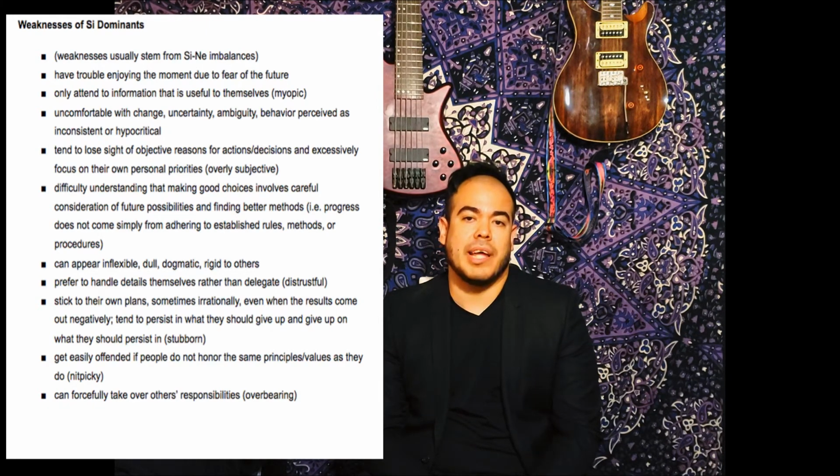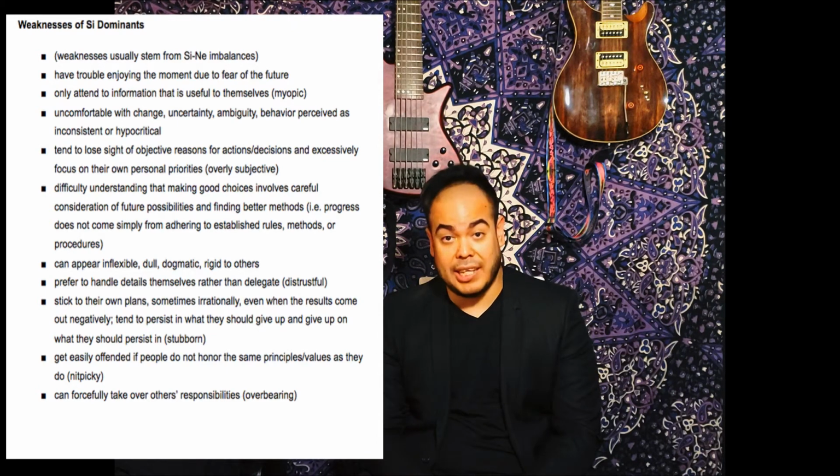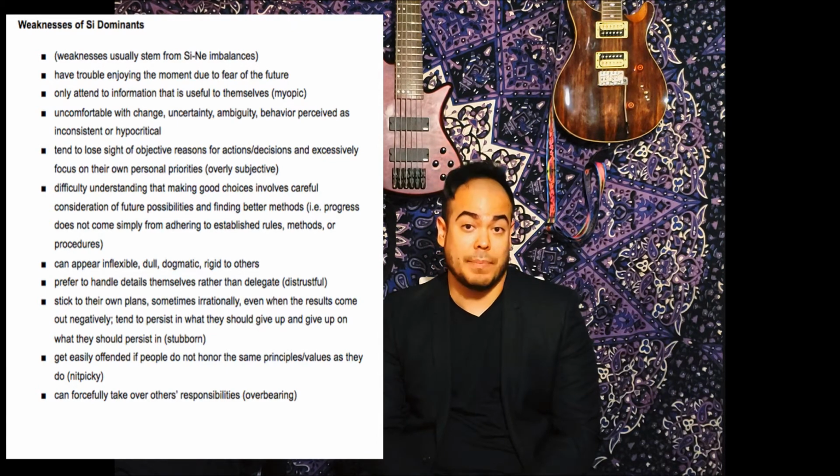Because we're going to want to have that regimen and that discipline, that judging function might be sharpened, and we're going to do stuff in routine and do it well, and we might scold and get upset when other people don't follow along or do it exactly how we do it. Then you have that S function that sees that as the only way to do it. And if the S function is unbalanced and is really subjective, and there's not much intuition, meaning that you haven't seen that life is